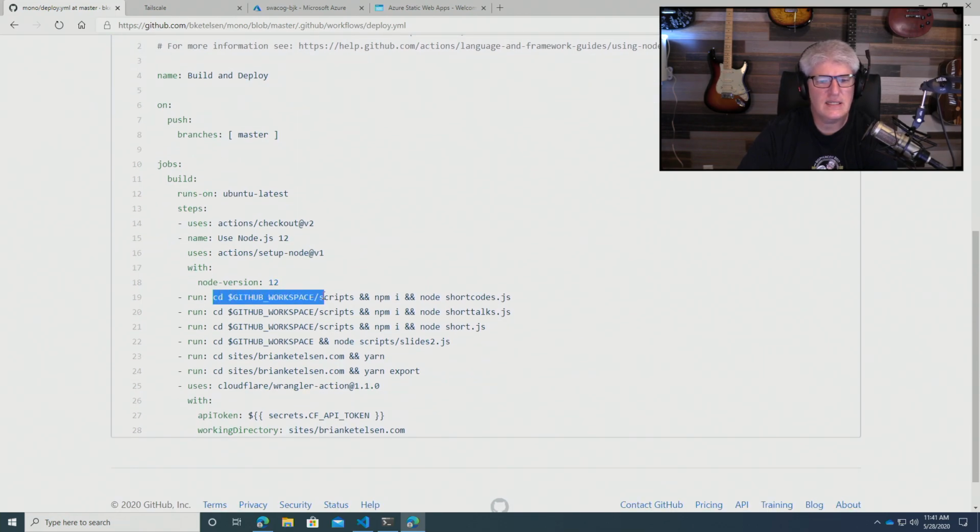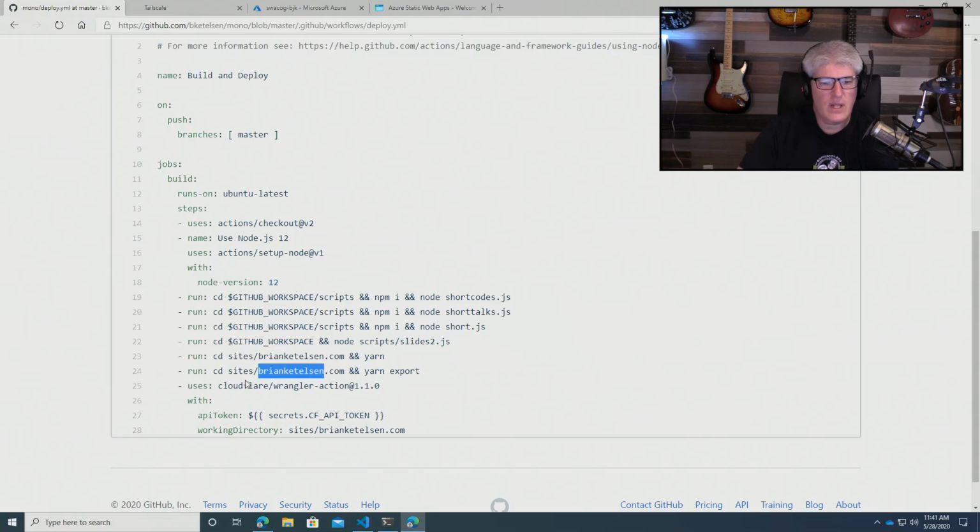You can CD into the GitHub workspace and do an npm install, start running node processes. So this one is creating short codes to my URL shortener. It's submitting talks and building slides, and then running yarn and yarn export for the Svelte site, and then